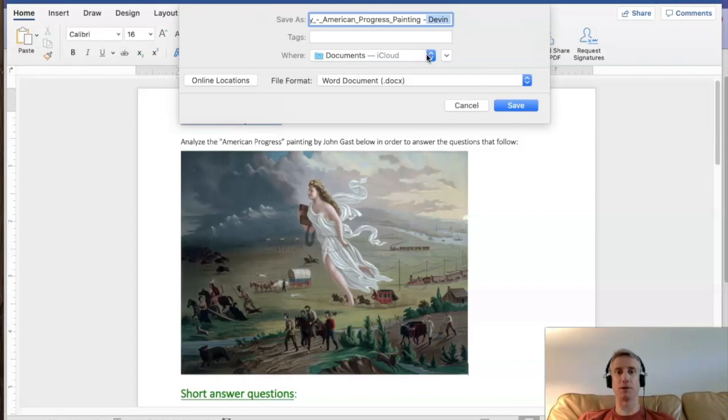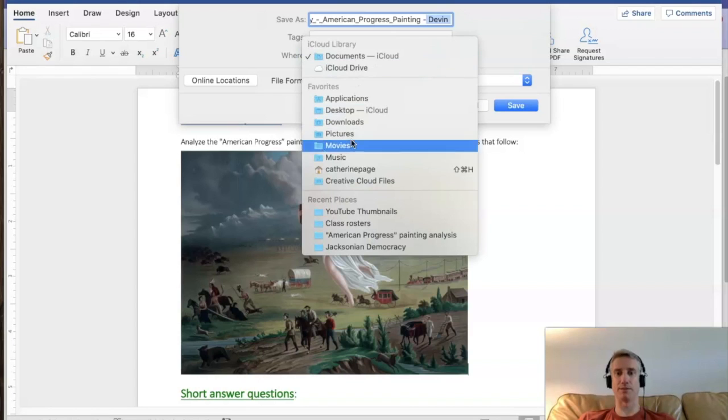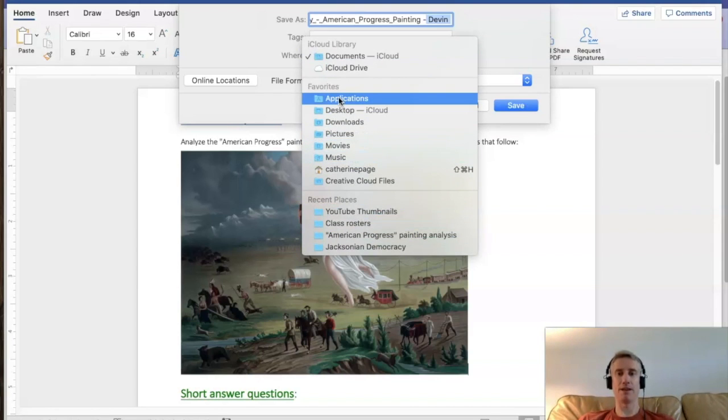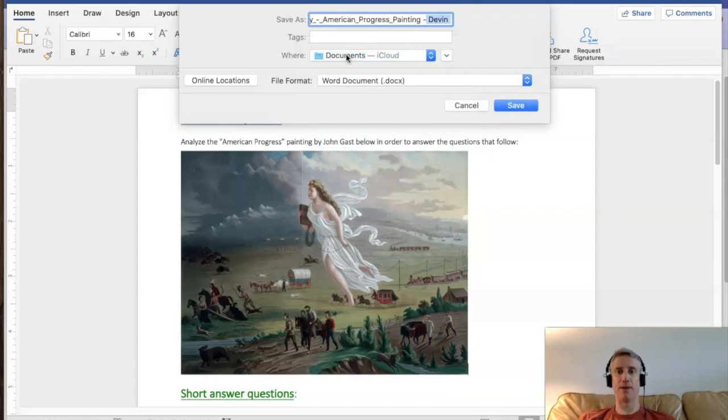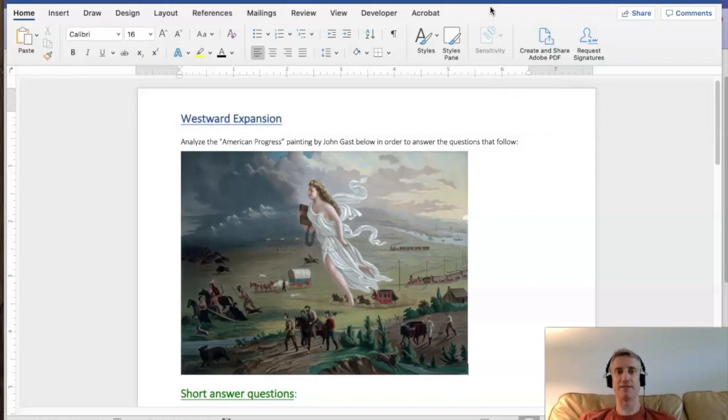The other thing you want to do is make sure you save it in the right folder. There's a bunch of folders that I have on a Macintosh. They look different in how they're set up in the window, but still, there's a downloads folder, there's a pictures folder. I'm going to save this in the documents folder, which is right here. That way I know where to find it in the documents folder and I know the name of the file name. That's important for you to turn in the right document. So I click save and then I'm done with that.